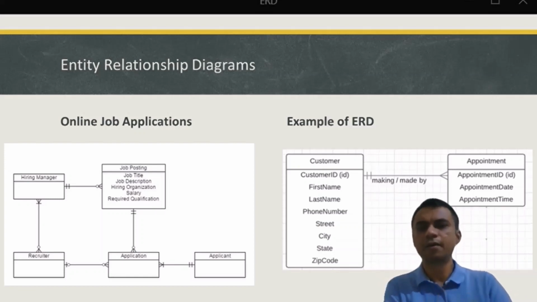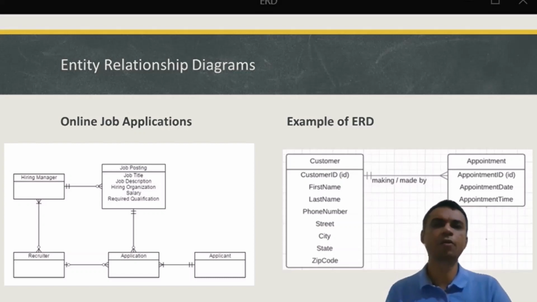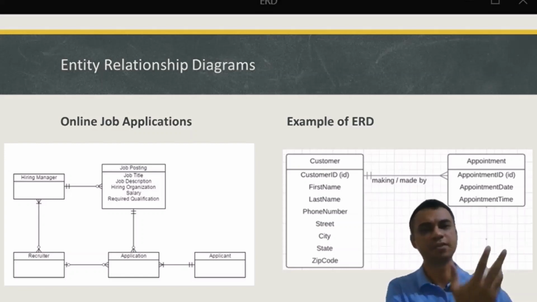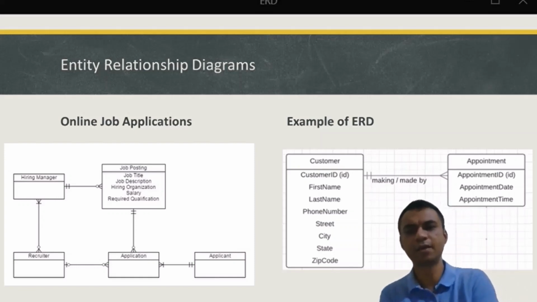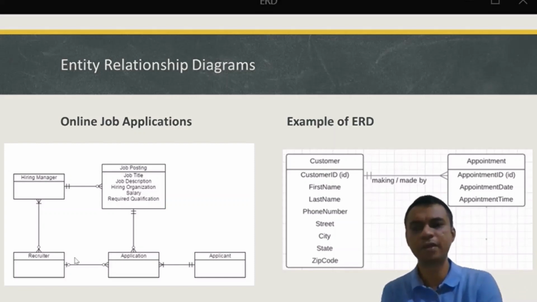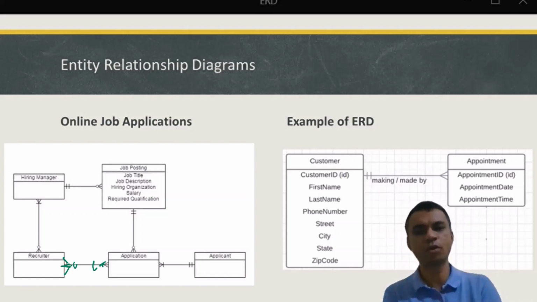It's like, I have uploaded my CV and then told the recruiter, but I did not tell only one recruiter. I told half a dozen recruiters. So therefore it is possible. I'm not saying it is likely or it always happens, but it is possible. And in that case, my entity relationship between recruiter and application will change a little. It will now be optional on both sides, but many to many on both sides.